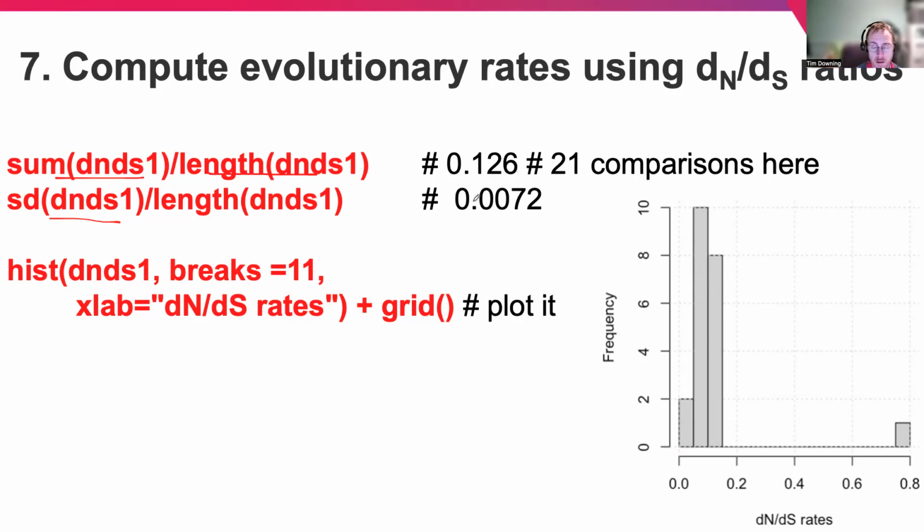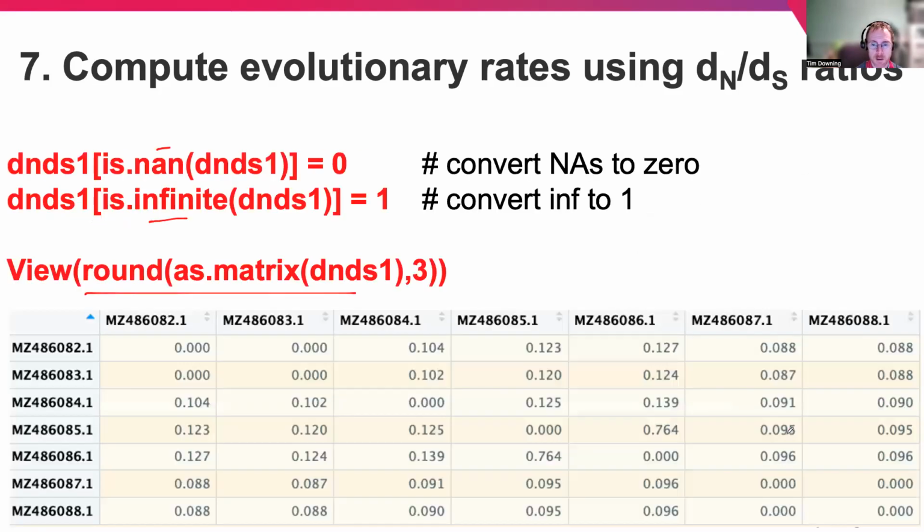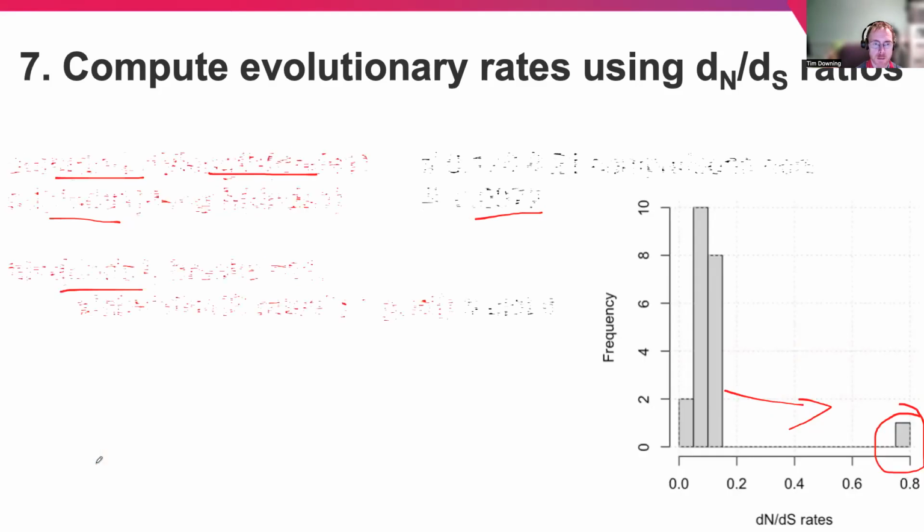We also see that the standard deviation of the variation in estimates between the different samples is quite small as well. So there's only one sample pair for which we find a surprisingly high value compared to the rest, which is why it's good to plot that and visualize it effectively. To explore this further, if we go back to our matrix, it's the value here between our sample 85 and 86. So we can then explore them further